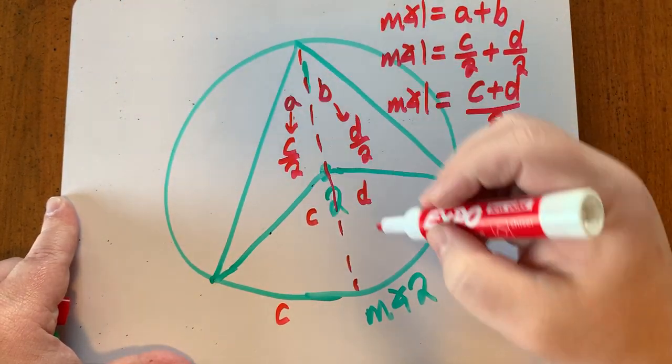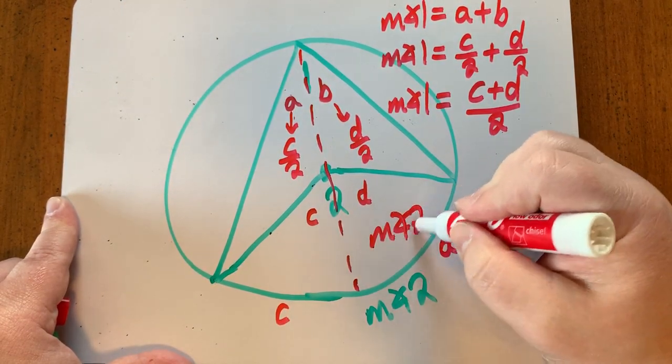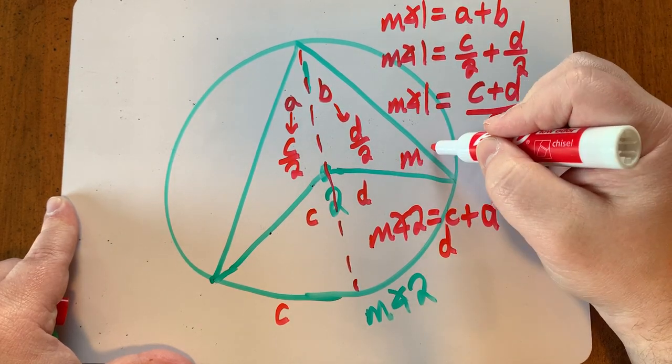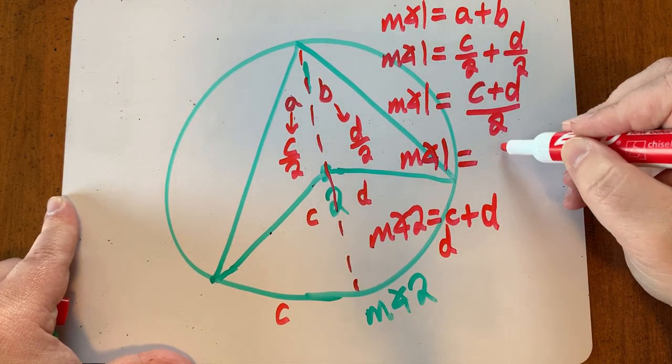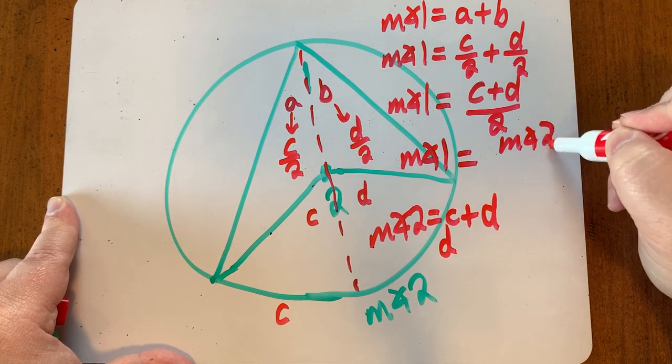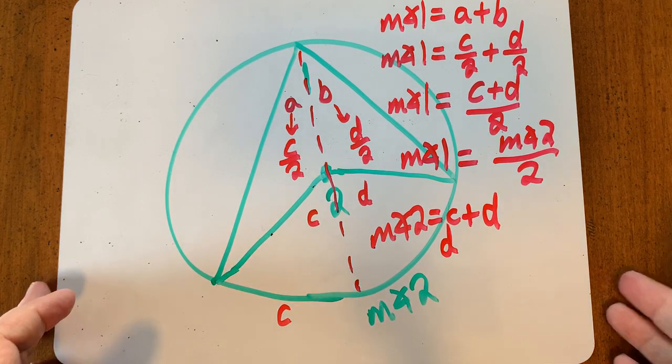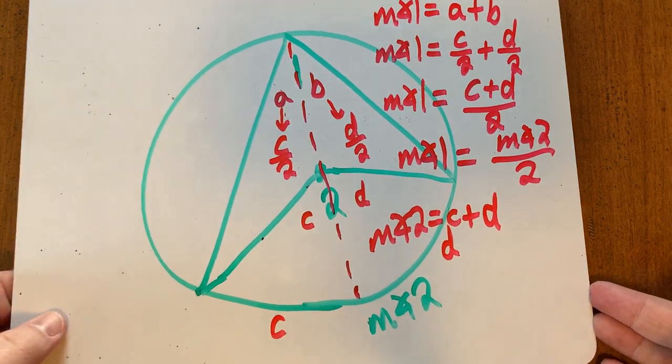Well, measure of angle 2 equals C plus D. So the measure of angle 1 equals the measure of angle 2 divided by 2, which is half the measure of angle 2. Well, that's pretty straightforward. Now there's just one more case that we need to talk about,